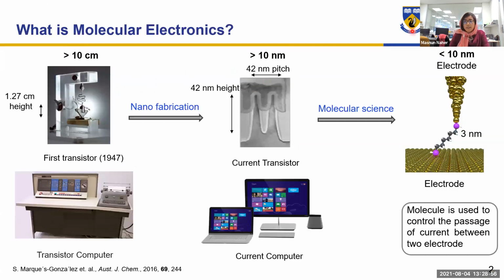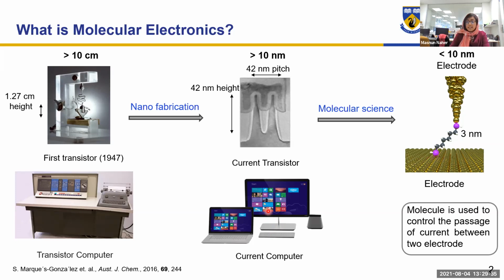First of all, we have been interested in controlling the flow of current through the material and understanding the science which leads to the technology. So here is the first solid-state transistor invented in 1947. And this is the transistor developed a couple of years earlier. Nanofabrication has allowed us to reduce the size of the transistor from tenths of a centimeter to tens of nanometers. As a result, you can see this transistor computer developed at that time. And now we are using current computers with reduced size and high